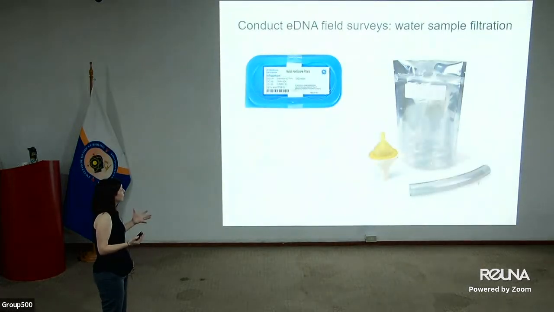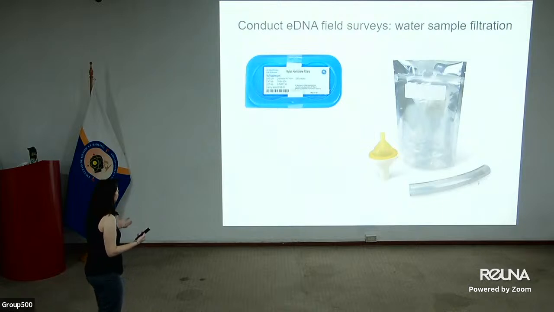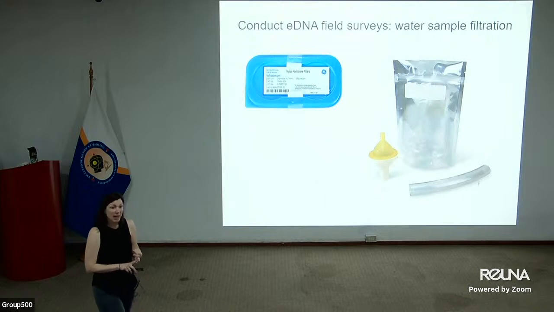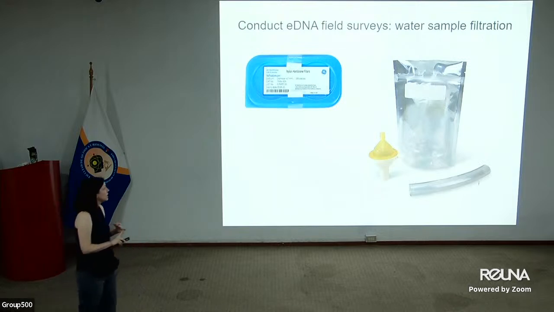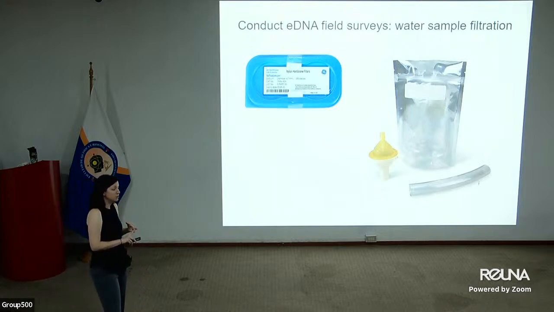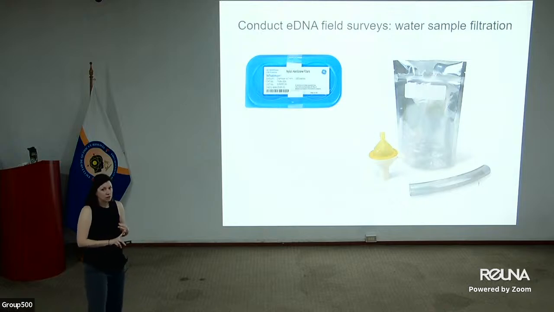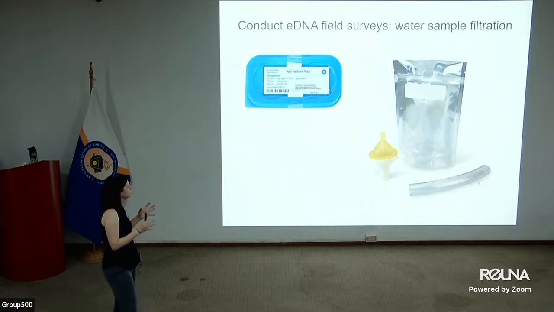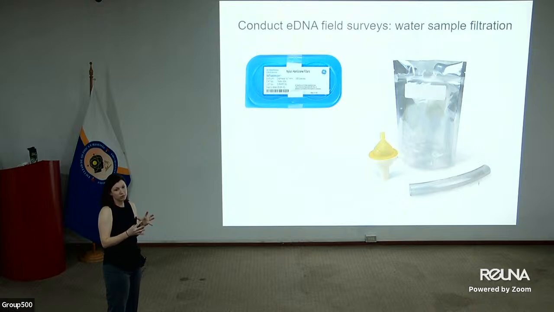So we've collected the water, and then what are we doing? We've got filters to filter. We will typically use nylon or nitrocellulose. Yes, the material matters very, very much. Nylon performs the best in terms of DNA yield, but it really slows down filtering like crazy. And nitrocellulose is used more frequently in the literature because of this. And then we have these